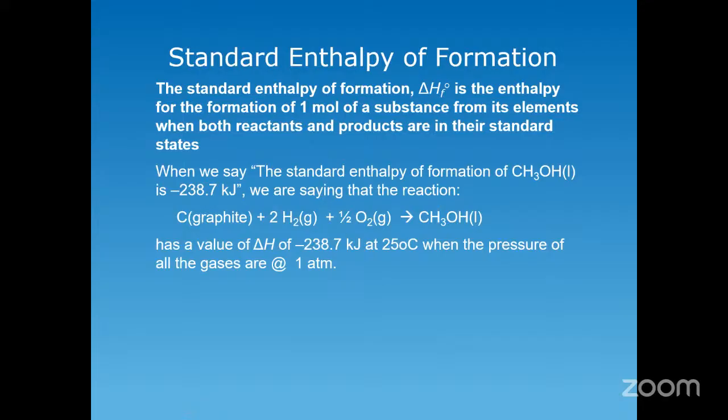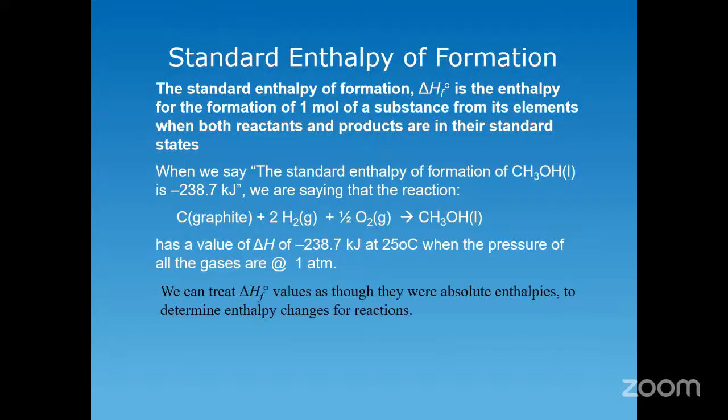And that is basically allowable because, again, you're fixated on writing the equation such that the coefficient of the product, in this case methanol, is 1. So therefore, you have to balance the equation based on that. So in some cases, you may end up with a fractional coefficient of one of the substances on the left side of the equation. So basically, the enthalpy of formation for this has been determined and is equal to minus 238.7 kilojoules under standard conditions, which would be 25 degrees Celsius and 1 atmosphere, right? And there are tables, as I've said before, that have been put together to give you the enthalpy of formation of different substances. But before I show you the table, which I've posted in Canvas,